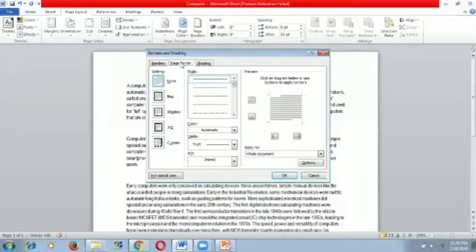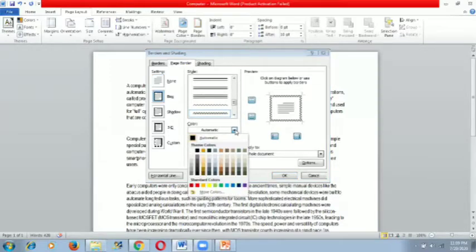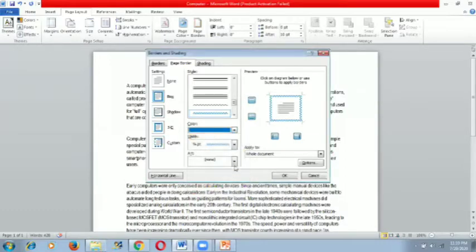First of all, click on the page border option and then select the style, which type of line you want for your page border. So I want a different type, like this one, and then you can choose the color if you want to change the color of the border. Like I want to insert a blue one, so I choose a blue one.